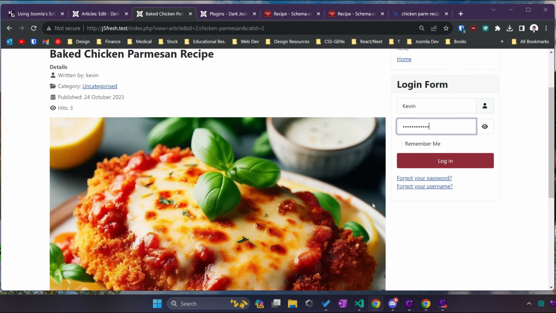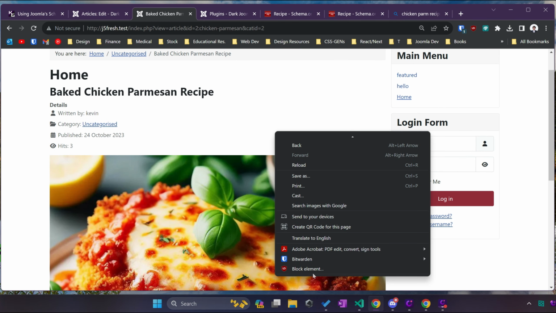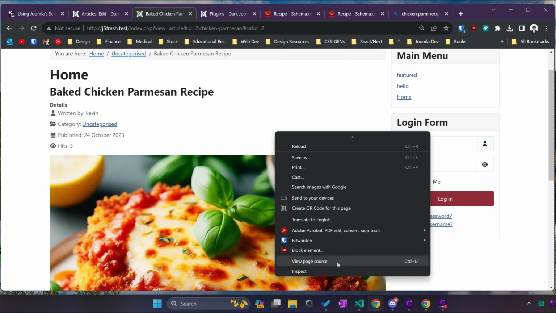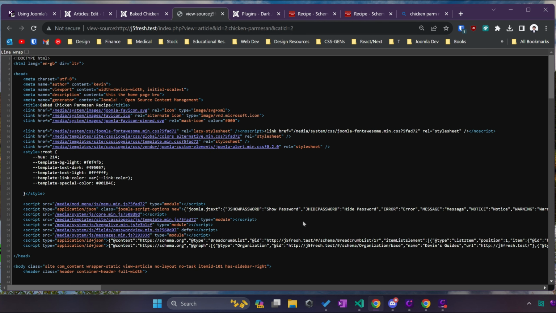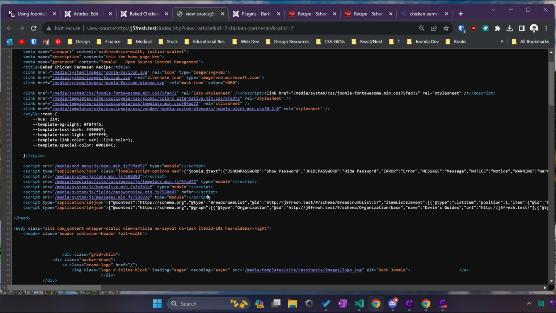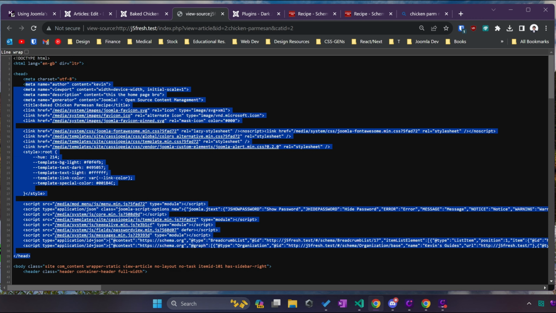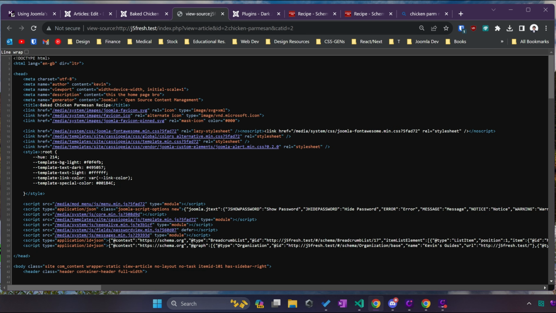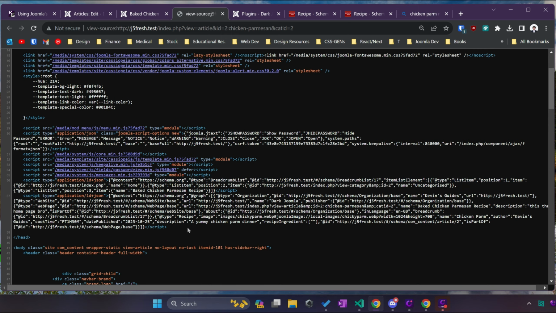The easiest way to check, I think, is just to look at the page source. So the information is saved as metadata in JSON format. If I look under the page source, under the head section at the very top, towards the end, we have these script tags. And we see here, let me do line wrap, you can see all the details that I just filled in about my chicken parm are embedded